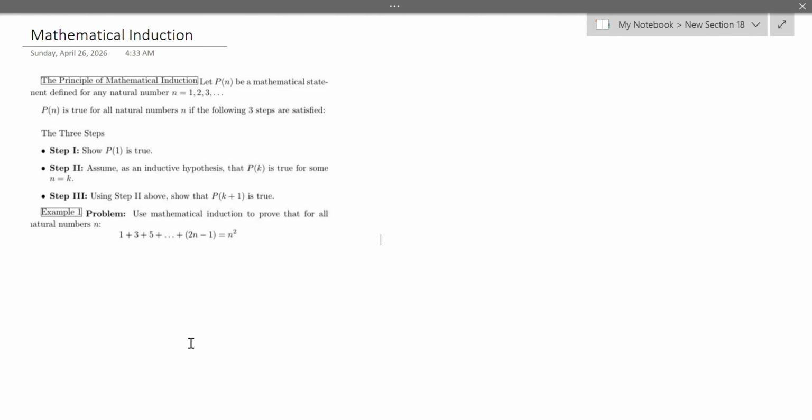Then step 3 is the last one. You are going to use that assumption in step 2 to prove or to show that P of k plus 1 is true. And once you do that step 3 and you verify that it is true, then the statement is true for any natural number. You see, this is very, very important because